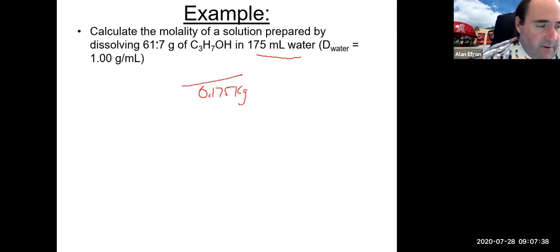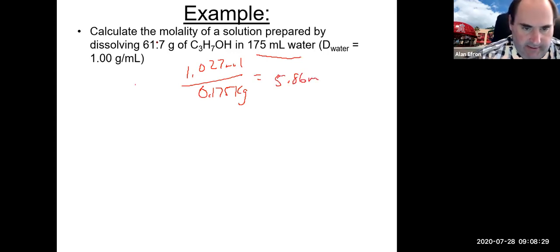The moles would be 61.7 divided by 60.09, which gives us 1.027 moles, divided by 0.175 gives us 5.86